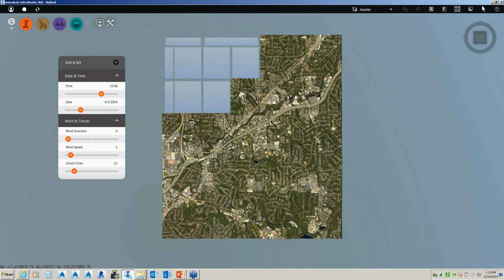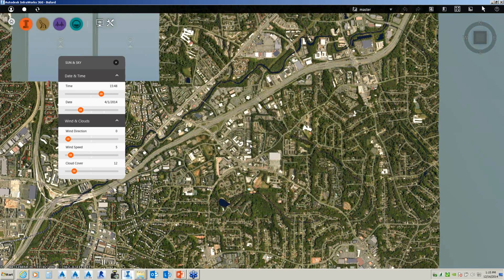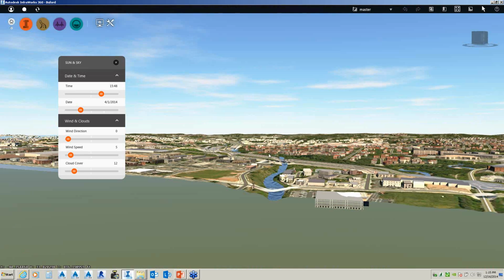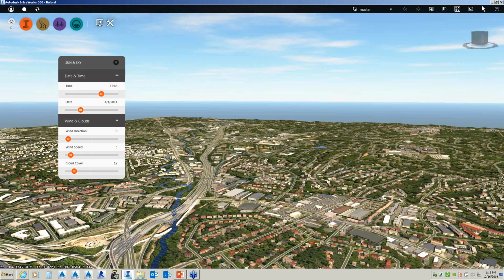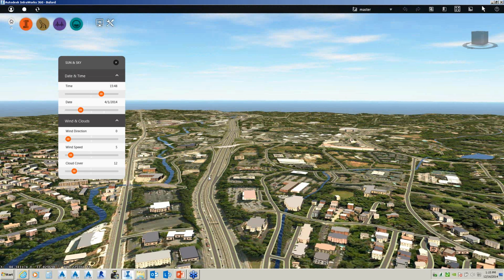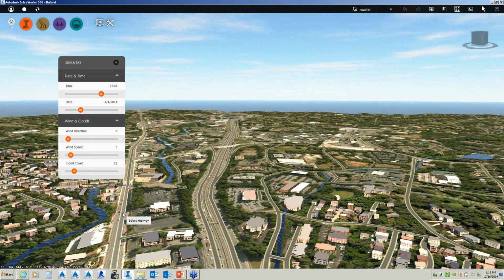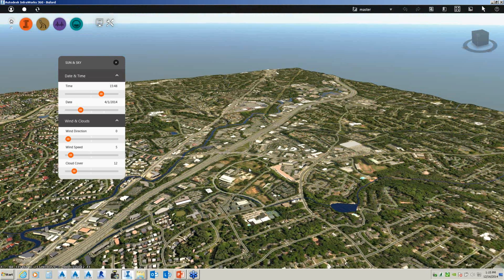So, yes, it's brought in 2D data and also 3D data. It's brought in buildings, it's brought in assets, it's brought in streams, it's brought in highways. So if I hold my cursor over that highway, that should be 85, right? If I hold my cursor over here, that's Buford Highway. A lot of functionality is brought in buildings. So if we zoom in here, just take a quick look.